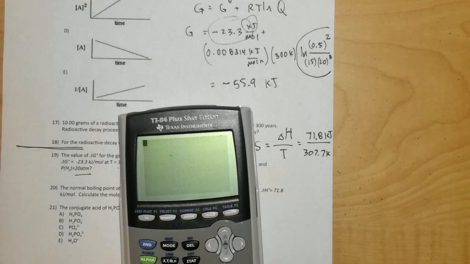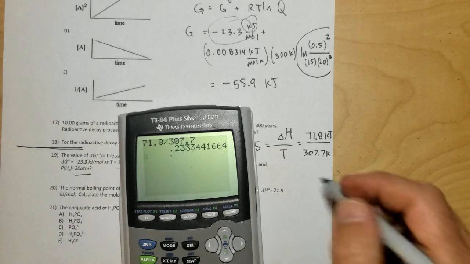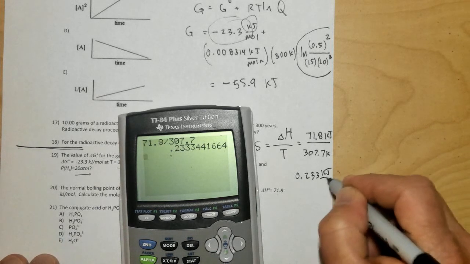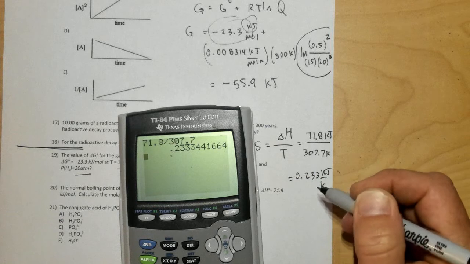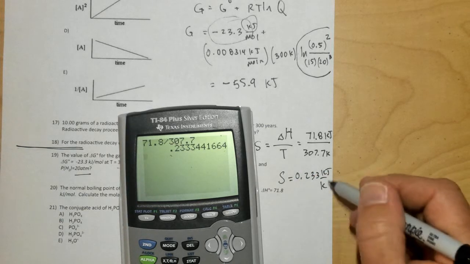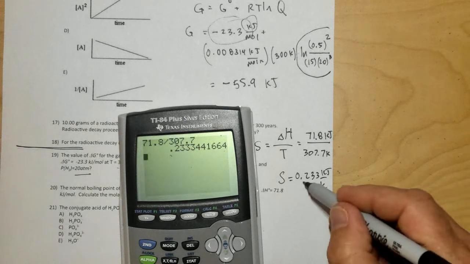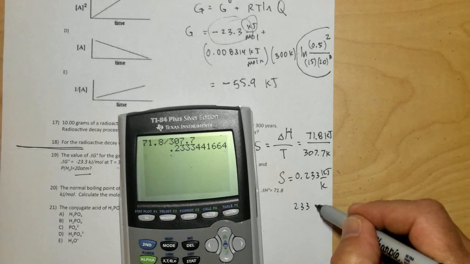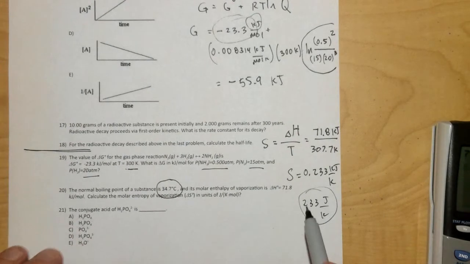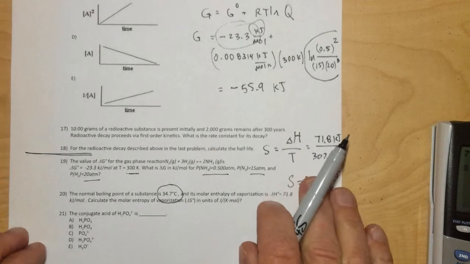So we end up with kilojoules divided by Kelvin, and then those two numbers, let's do it on the calculator so then you can see it, 71.8 divided by 307.7, and I end up with 0.233, and that's kilojoules per Kelvin for my molar entropy, my ΔS, and they'll probably want it in joules, so 3 to the right, so it'd be 233 joules per Kelvin. Okay, so that's numbers 19 and 20,